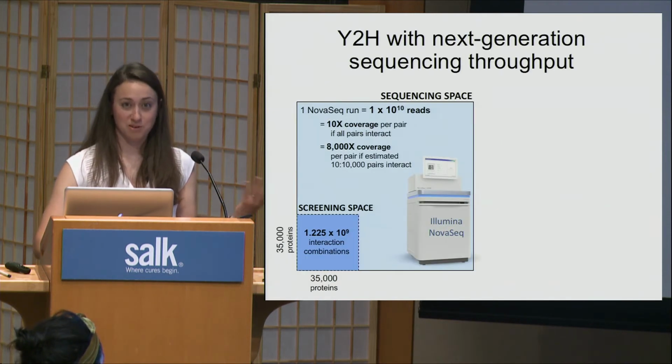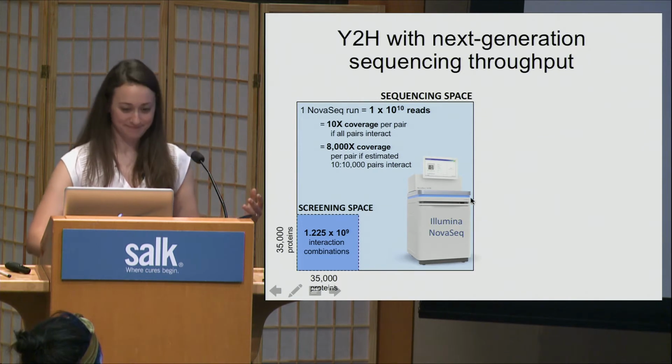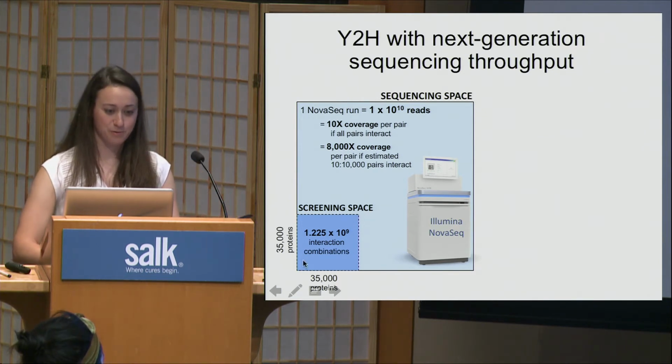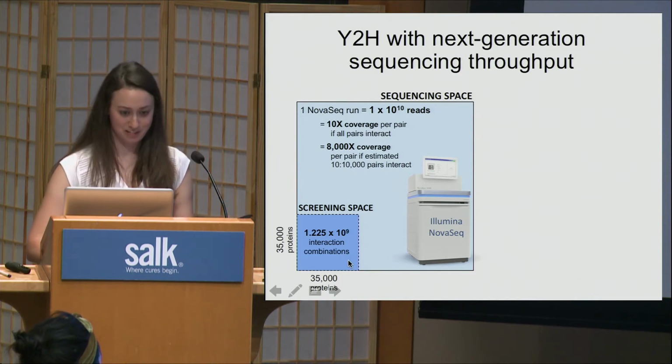But you can imagine that can be really time-consuming and labor-intensive, to have all these plates testing all these different interactions. But if you combine yeast-2 hybrid with next-gen sequencing for interaction detection, you could really increase your ability to detect more interactions at once. So remember, if we are trying to test over 1 billion different protein combinations,